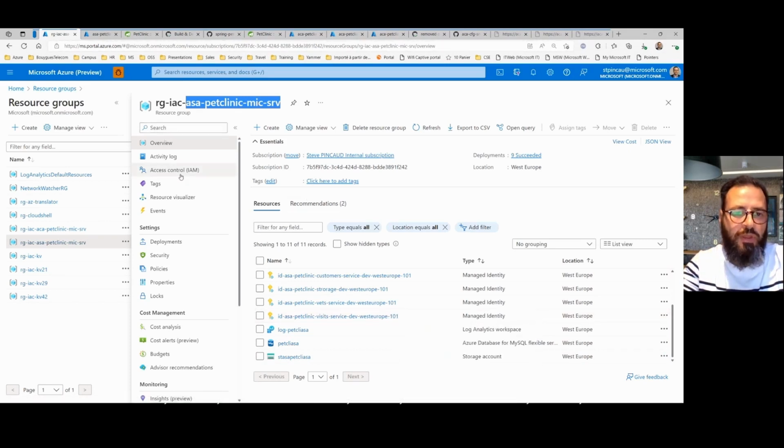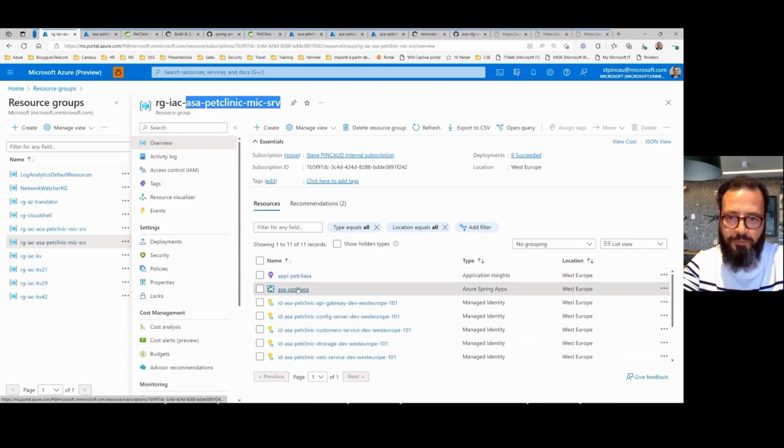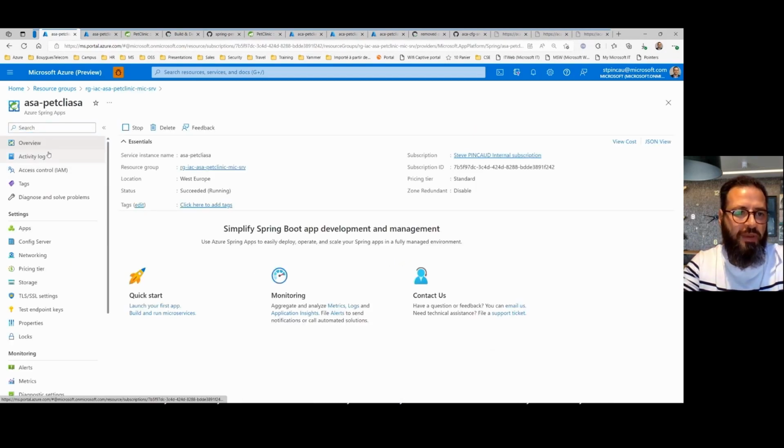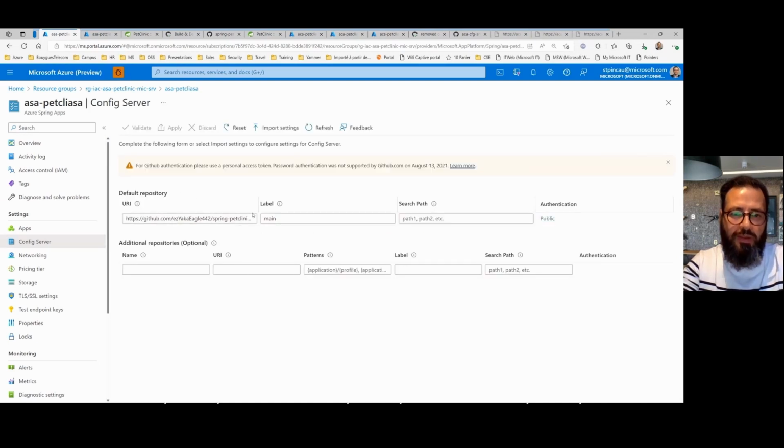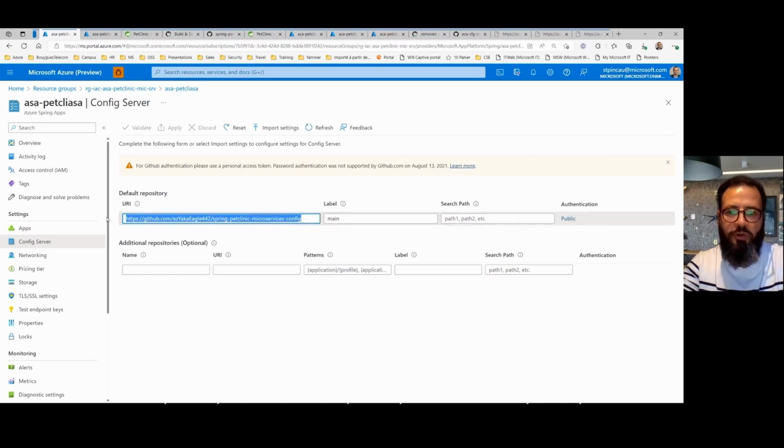Now let's have a look at the Azure Spring Apps here. And we can have a look at the config server. It is completely managed. I just provide the Git URL to connect to. So this is my public repo on GitHub, and it uses the main branch.